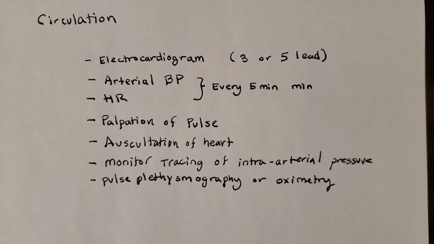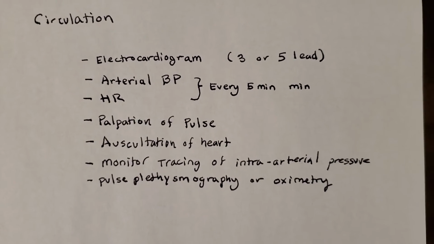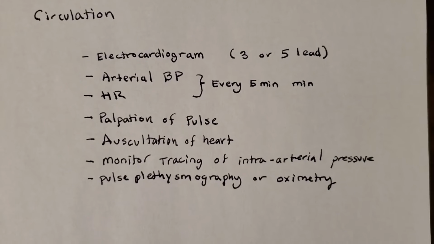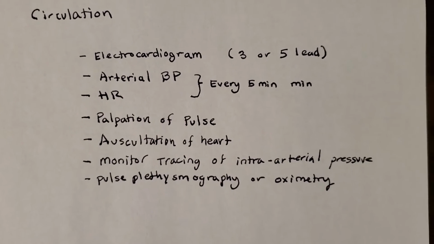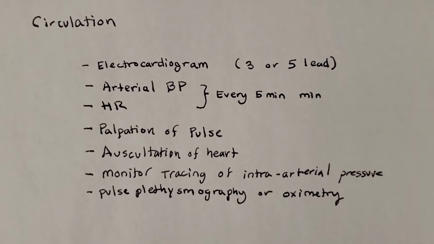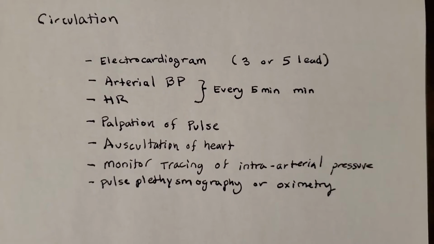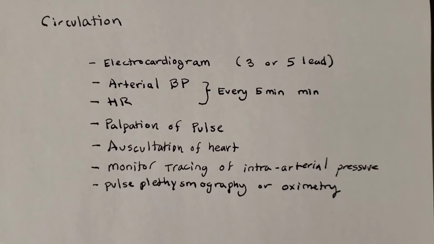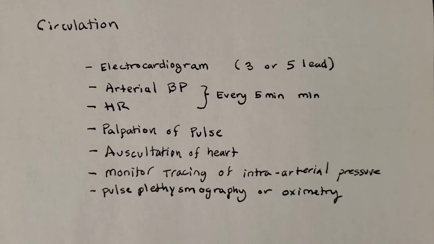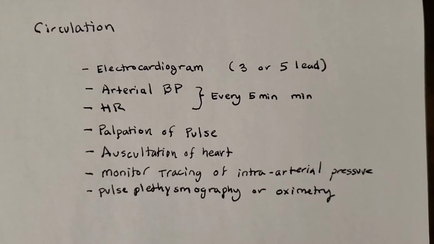You have to have a way of measuring blood pressure, and then they want a minimum of 5 minutes. Obviously, if you have an arterial line, you'll have it less than 5 minutes. They want you to measure heart rate, which makes sense. They want you to be able to palpate for a pulse. You're next to the head most of the time, so you'll be able to feel the carotid.